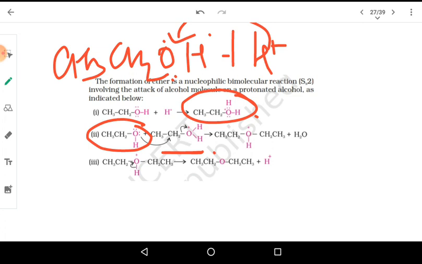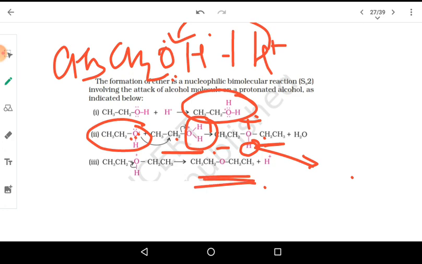Now we have this OH2 plus; this O is having electrons, so this is going out as water. So now this group is attached to this group, and as a result we get CH3CH2O with a positive charge, and we have H here and CH2CH3 over here. To become stable, this hydrogen is moving out as H plus, and now we are getting the corresponding ether